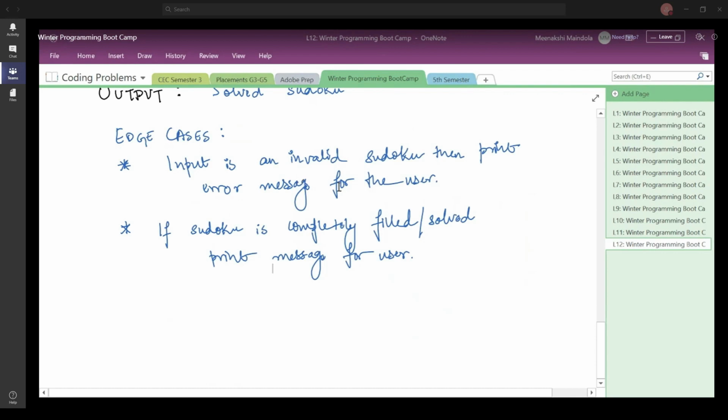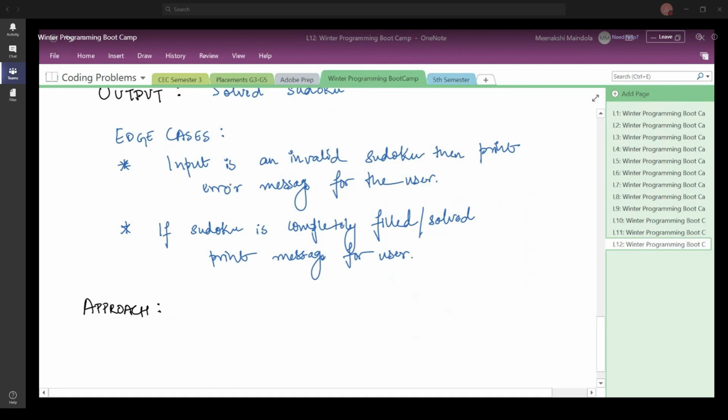Otherwise, if this invalid check is passed and the Sudoku is not invalid, then what you should do? Now you should move ahead and solve the problem. Solving the problem basically means solving the Sudoku. So how do you do it? Let us look at the approach now.